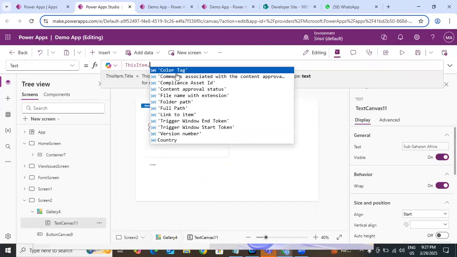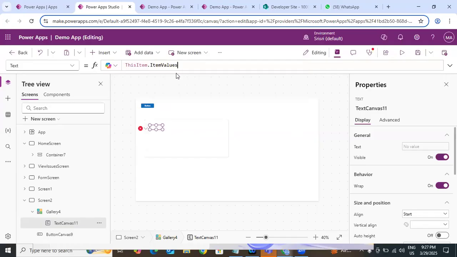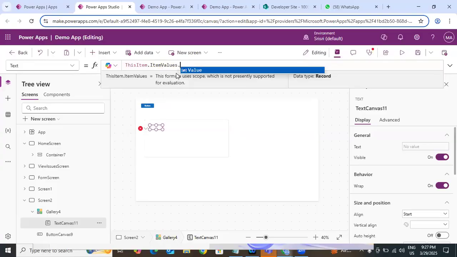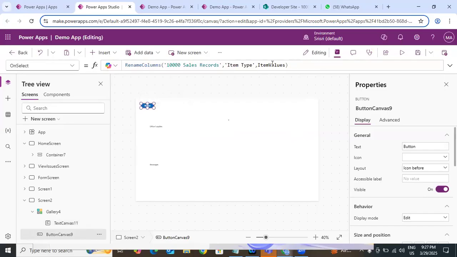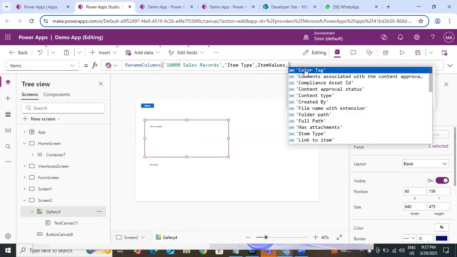Previously we used to call that item type, right? Now it is giving us item values. This is how, if we want to rename a specific column to something else, we can do it with the RenameColumns option. Not only a single column, even by keeping a comma we can rename multiple columns. Okay,